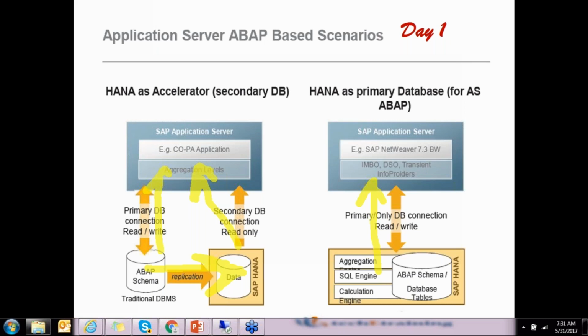If you are using a primary database, then you can use all the full-fledged things. Yeah, I have a couple of follow-up questions. The first question is, if we are using HANA as a sidecar or secondary database, can we have OData services or XS JavaScript services developed using HANA?